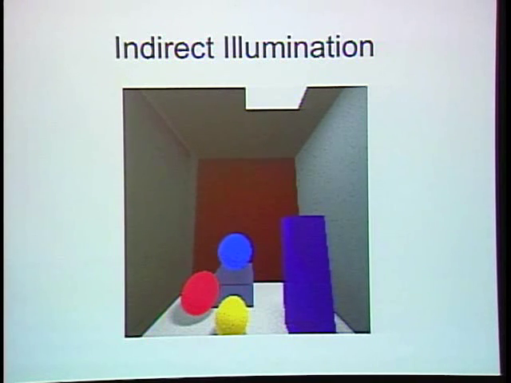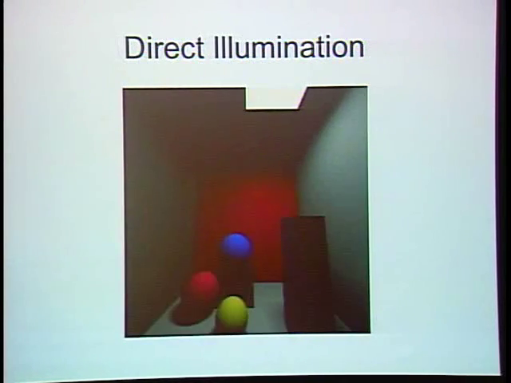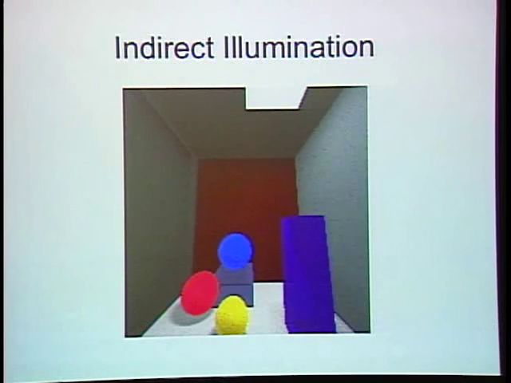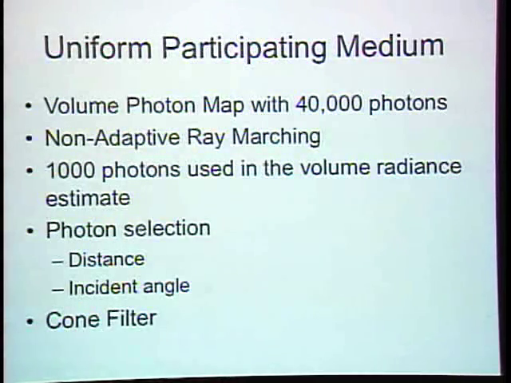And if you compare that with the previous image, you can see how the photon radiance estimate adds to the scene and brightens it up. The part I'm currently working on is incorporating the volume rendering into the entire scene rendering. So for the volume photon map, I'm using 40,000 photons and 1,000 photons for the radiance estimate. Most of the code is done